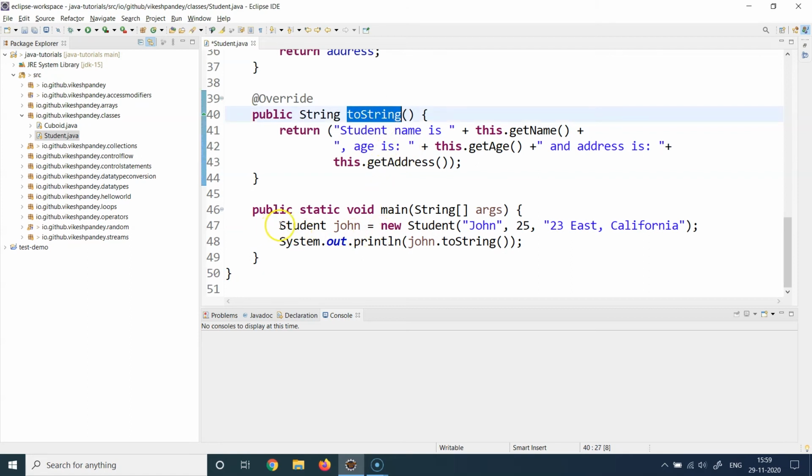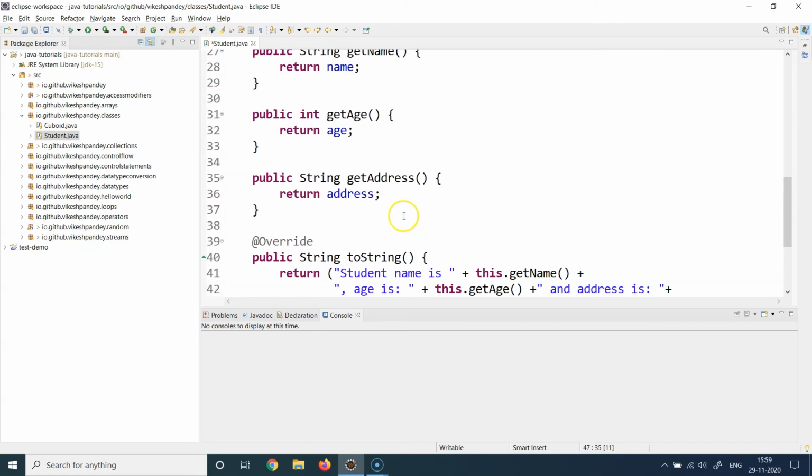Now let's initialize this particular class. Similar to the initialization we have seen so far, you just write Student, then the object name, which can be anything, and then you use the new keyword, which is used to initialize anything in Java. New is a keyword in Java which you can use to initialize literally anything. So you use new Student, and when you say new Student, you provide all the values which should match its constructor.